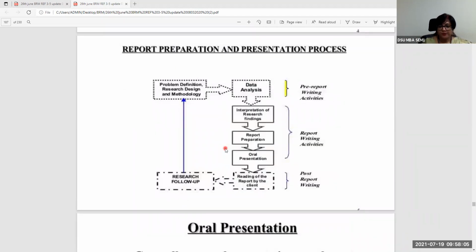So report preparation and presentation, we will be continuing into tomorrow's class as well, but this is the structure. So basically what is happening is that the problem definition, data analysis, interpretation, all these steps must be coming out in the report. So pre-report writing activities would be all of these. Subsequently, when you're writing it, everything should be coming into the research report. And this basically gets reflected in the form of a chapterization. Like I said, in the research report, chapter 1 will be an introduction kind of a thing, right? Which says why this research was conducted, why this particular title, right?